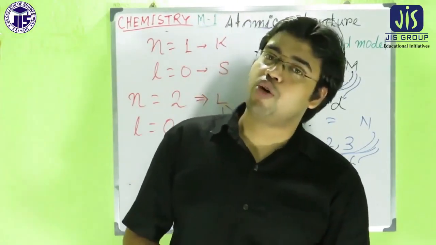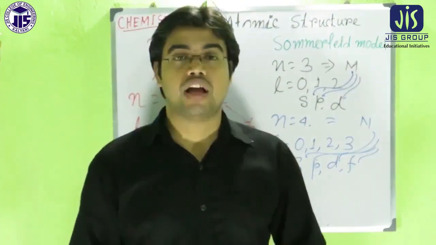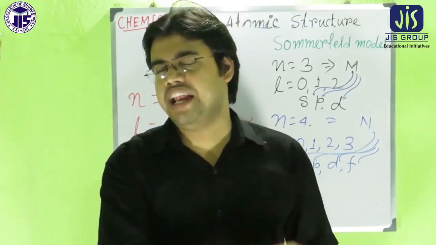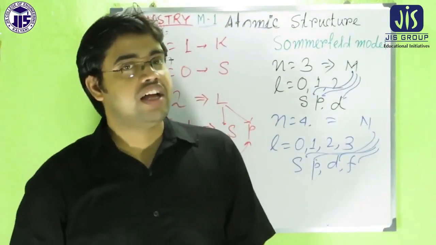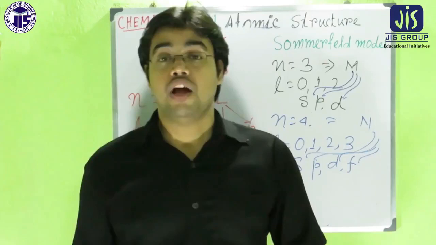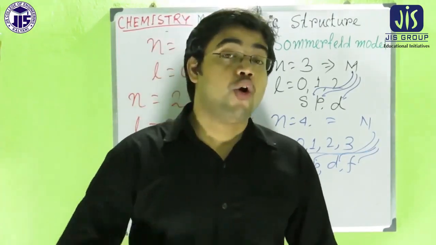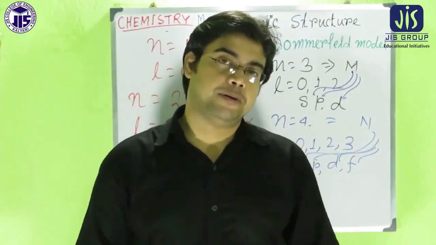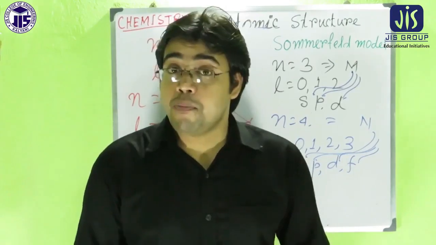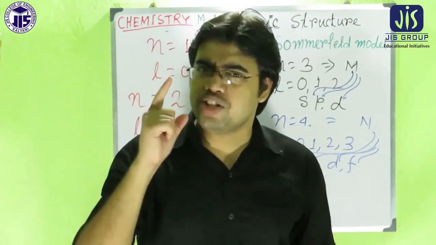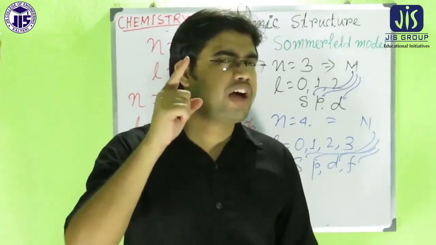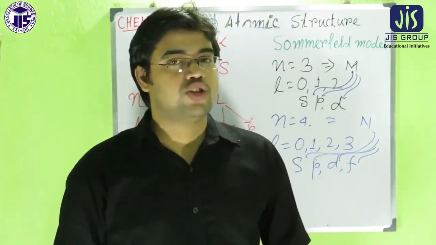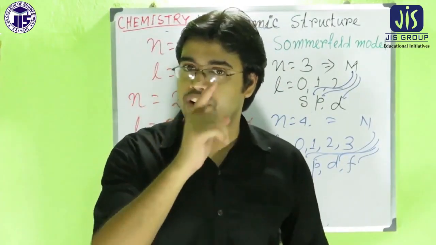The Sommerfeld model also suffers from some limitations. Up to the Sommerfeld model, it was considered that the electron has only particle nature, but we later know that the electron has a dual character, both particle and wave. But the wave nature of the electron was not explained by the Sommerfeld model. Second drawback: the Sommerfeld model also considered a two-dimensional structure of the atom. But we know the atomic structure is actually three-dimensional.